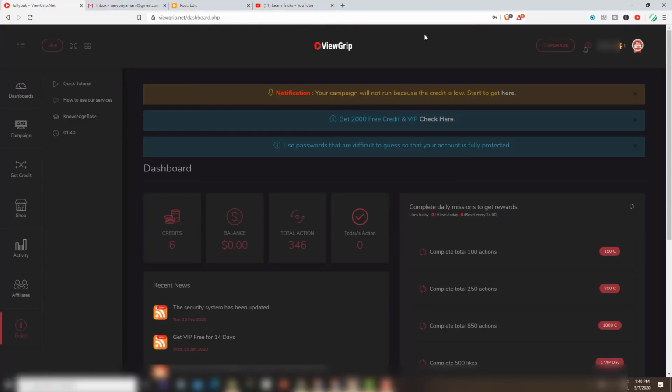The dashboard is a page like this. They mention how you get points and what you can do. For example, there is a warning saying my campaigns will not run because I don't have credits in my account. That's why they show this warning. Once you have credits, this notification will disappear. Then, to get 2000 free credits and VIP, check here. So let's check what you need to do in order to get your 2000